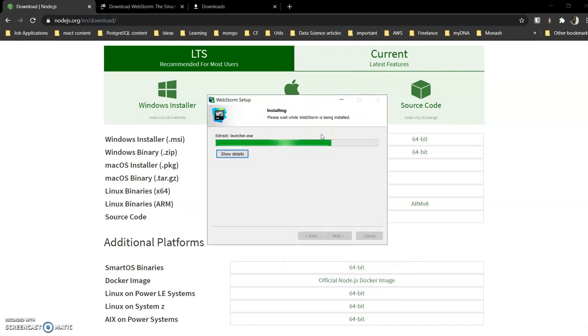We also have our Node being downloaded and WebStorm being downloaded. Along with Node, you will also get NPM, which is the Node package manager. You can use NPM to install libraries, and we would definitely need it in order to install our Angular libraries and the Angular command line interface.